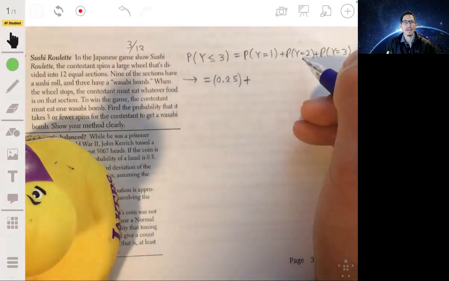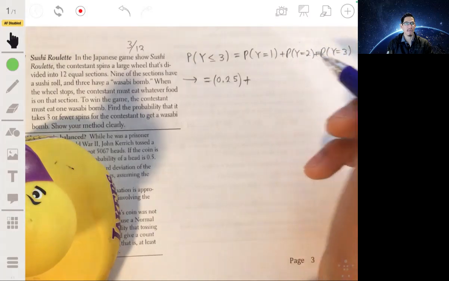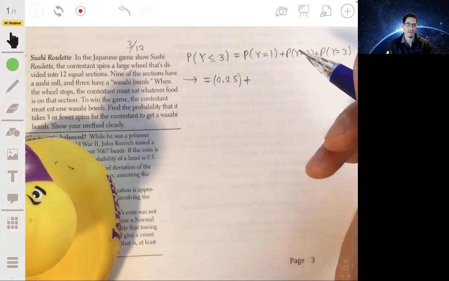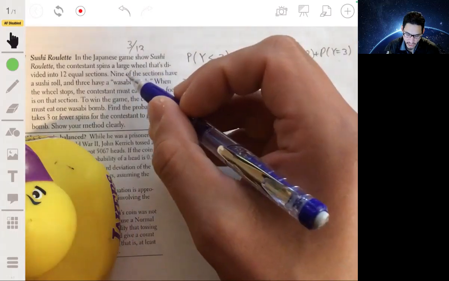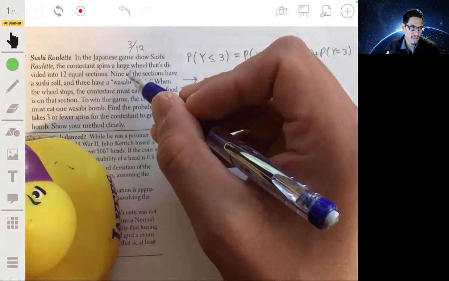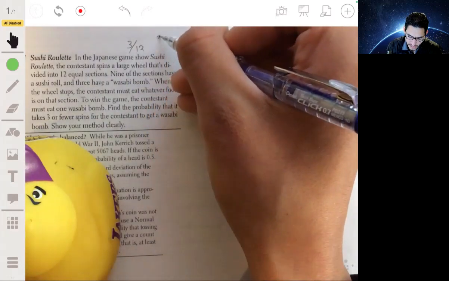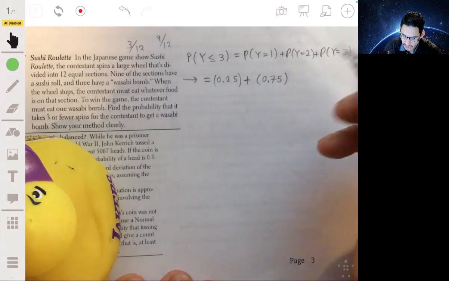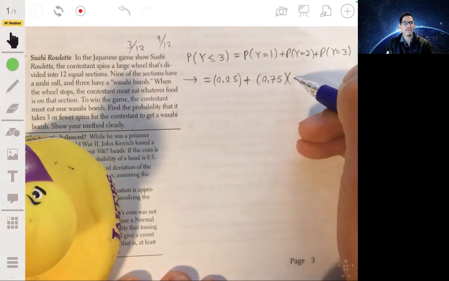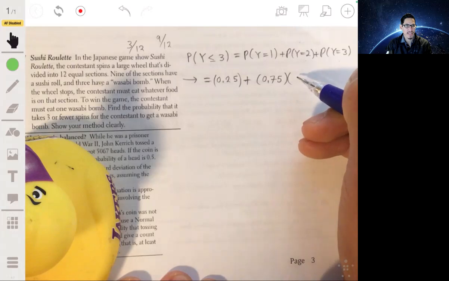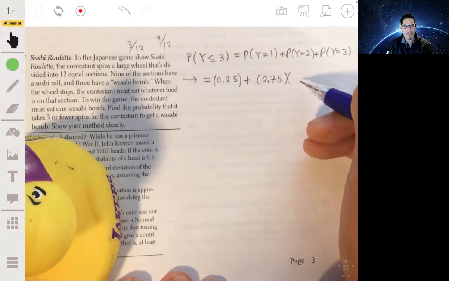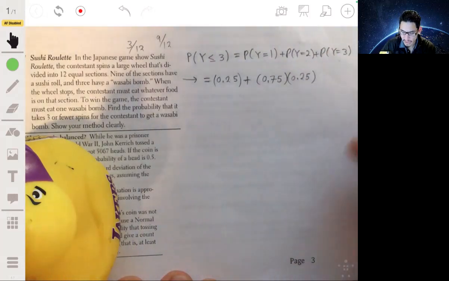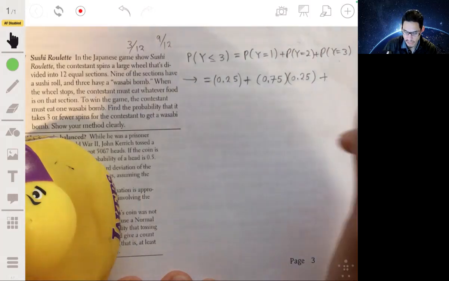The probability that y equals 2 means you're going to land on a wasabi bomb on your second spin. That means on your first spin, you're not going to land on a wasabi bomb. So on your first spin, you're going to land on any of the other 9 sections. Since there's 9 out of 12, that's where the 0.75 comes from. So it's going to be 0.75 times you landing on a wasabi bomb, because that means the first time you don't land, but on the second spin you land. So 0.75 times 0.25 will be the probability that y equals 2, plus,